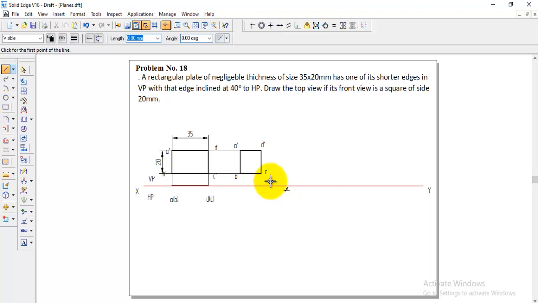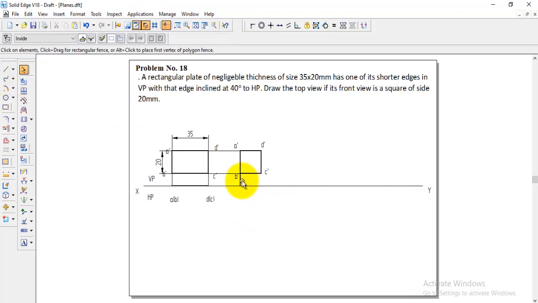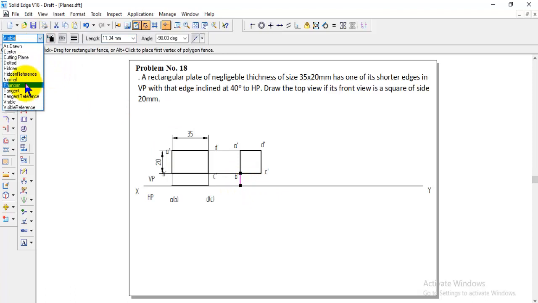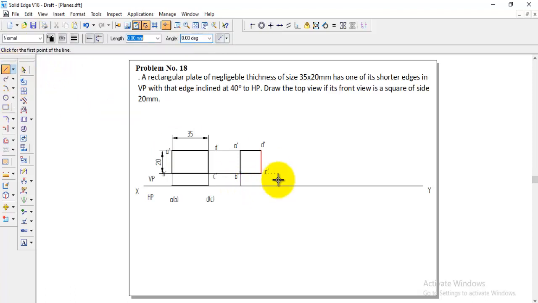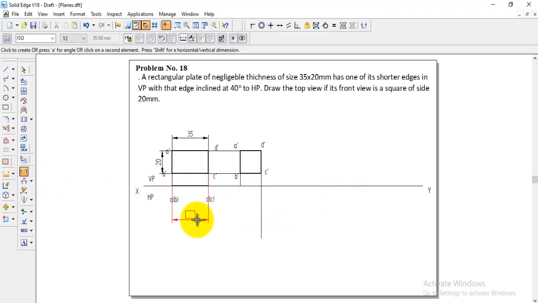And after that we need to find the inclination to VP, how much it is inclined. So here, the resting condition, from this one up to the XY we need to draw the projection line. This projection line should be drawn with the normal line, and then you can extend this one because we don't know, we will get it here. And we check the length of this will be automatically 35 because the width is the same here.